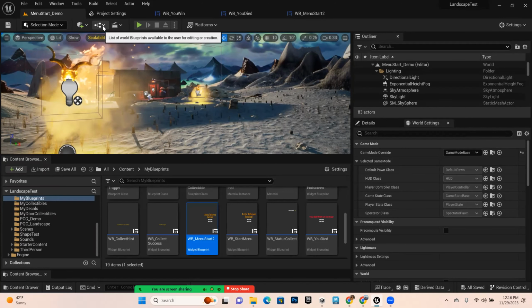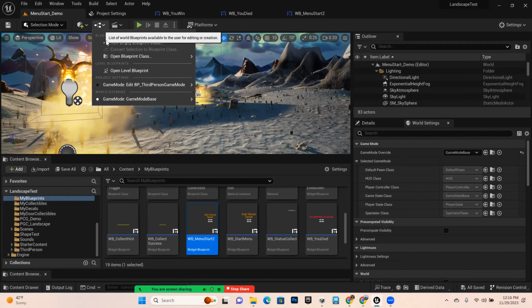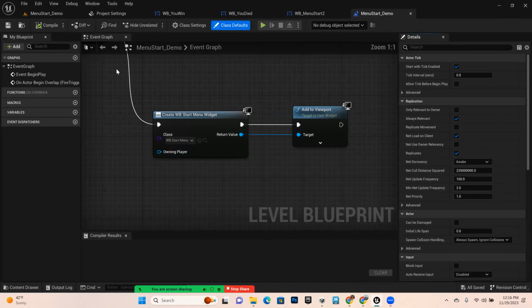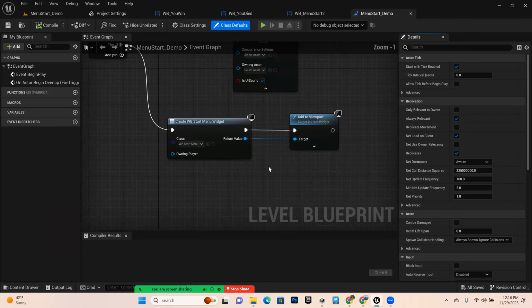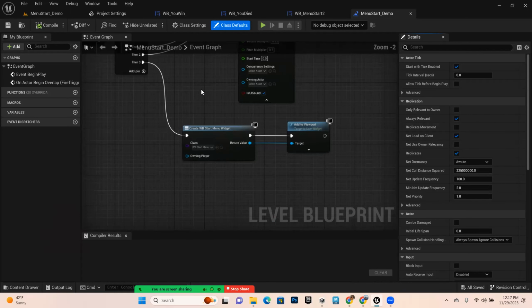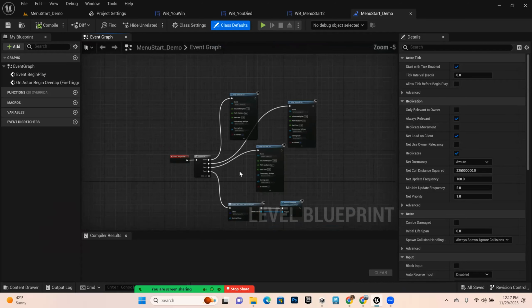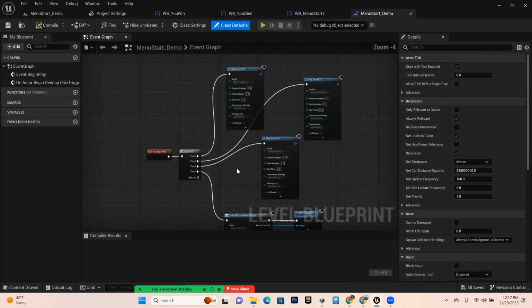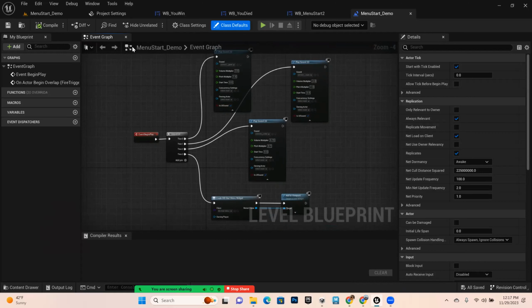And I would want to open up the level blueprint for this particular menu start demo. And what you can see is in my project, in my level